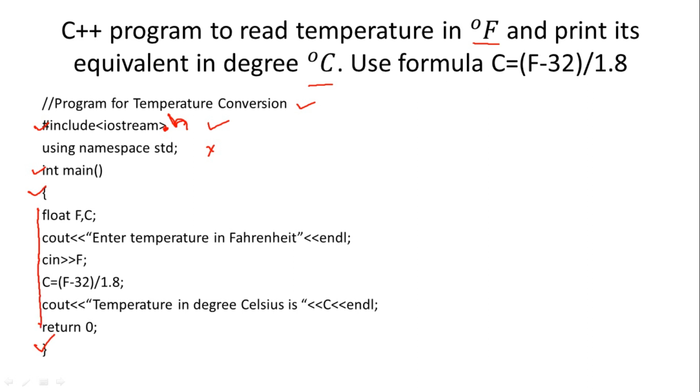So here we will use the values for storing the temperature in Celsius and Fahrenheit. So that's why variables will be required. Before using those variables, they must be declared first. So for storing values, two variables are required. First is F, the input variable, and second is C, the output variable.